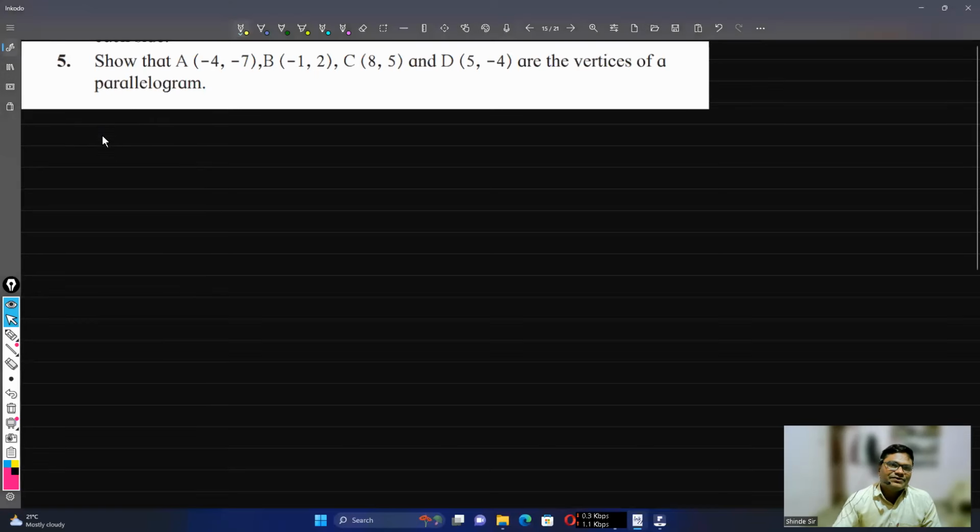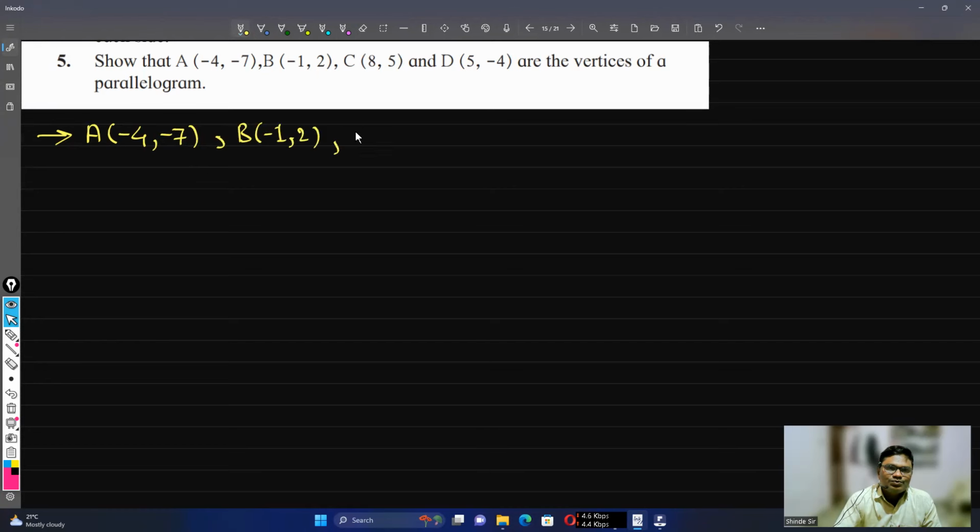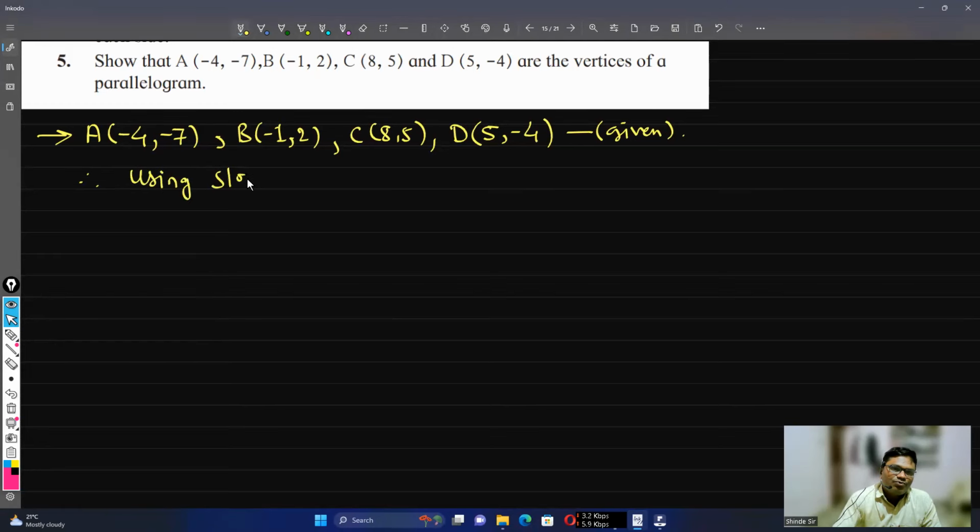So let's write whatever is given. A's coordinates are minus 4, minus 7. B's coordinates are minus 1, 2. C's coordinates are 8, 5. And point D's coordinates are 5, minus 4. So these 4 points with their respective coordinates are given. Therefore, using the slope formula,